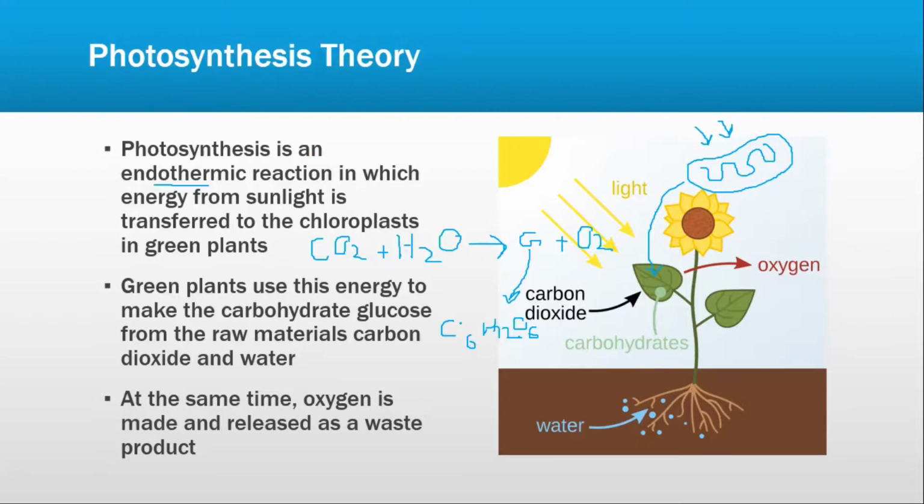Now, if you want to balance it, it's something like this: 6CO2 plus 6H2O forms C6H12O6 and 6O2, and this would still remain 1 mole. So we have 6CO2 plus 6H2O, which forms 1 molecule of glucose and 6 molecules of oxygen. At the same time, oxygen is made and released as a waste product. So oxygen is the waste product. It is released into the environment, and that oxygen is then absorbed by us animals and